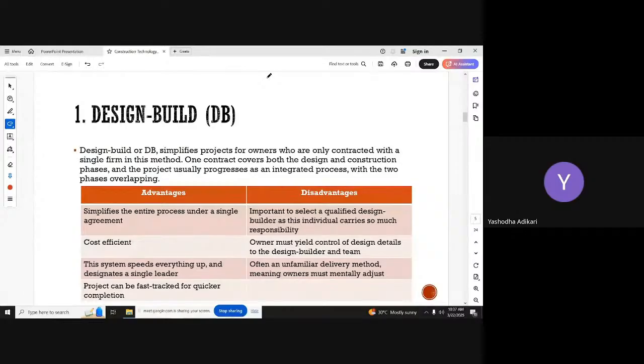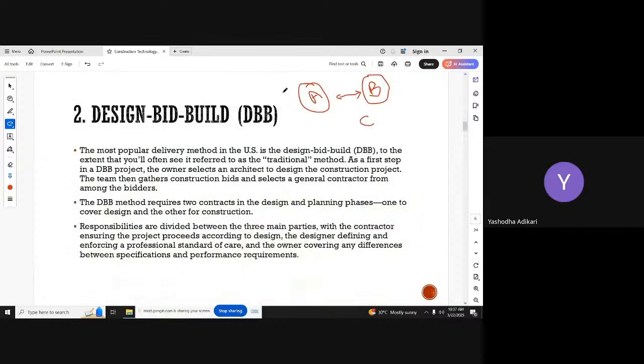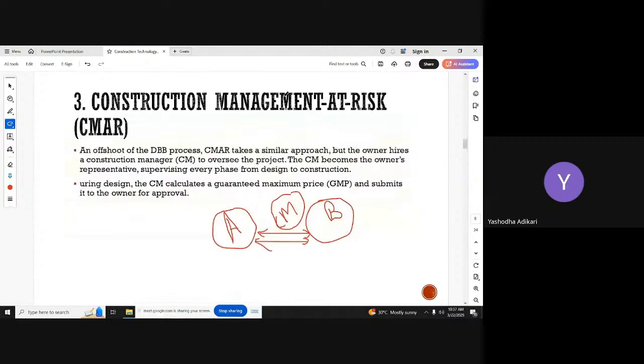That's why I told you, if I'm correct, in your assignment also, they did it in the previous semester. Sorry, with the previous students also, we shared an assignment. In that assignment also, the same kind of question. That means you have to identify the more suitable project delivery method based on the given scenario. You have to do a comparison. You have to collect a lot of data. Finally, you have to select the more suitable one. That's the way. So we discussed the design-bid procurement method, the design-bid-build procurement method, and the CMAR procurement method. Contract managers are coming at that stage.